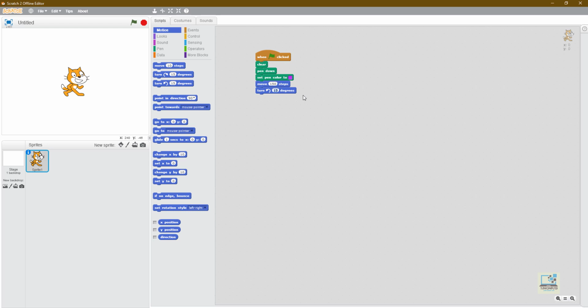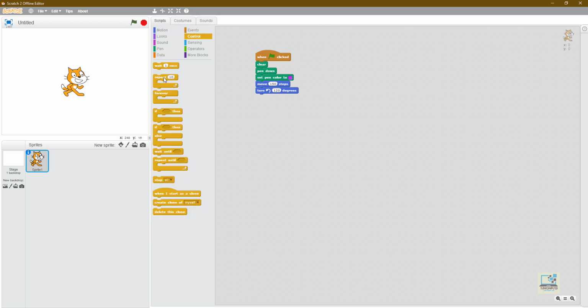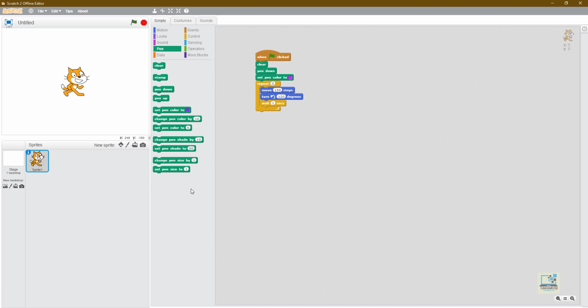Okay, so it will be 120 degree turn, remember. Okay, now I will have to repeat that 3 times, so I will use the repeat block and I will place it right, 3 times. Okay, and I will also use a wait 1 second, and if I want to change the shade every time, I can use this change pen shade by 10 or 20. Now if I run this program, it should make a complete triangle.